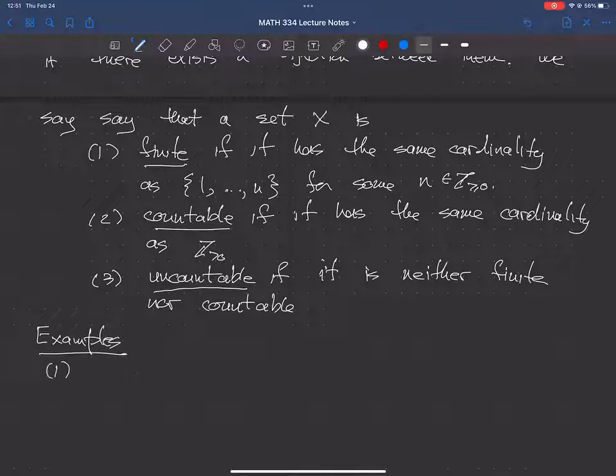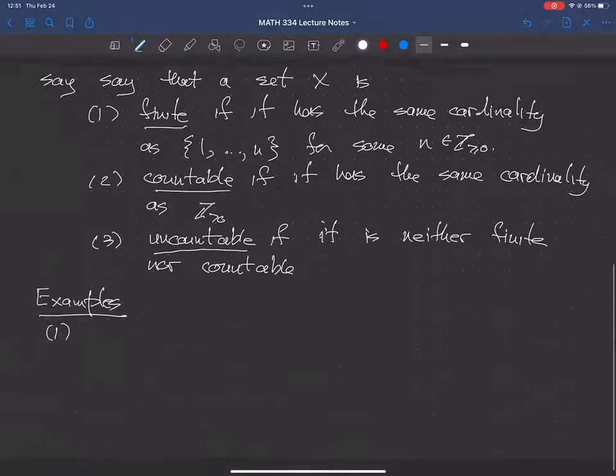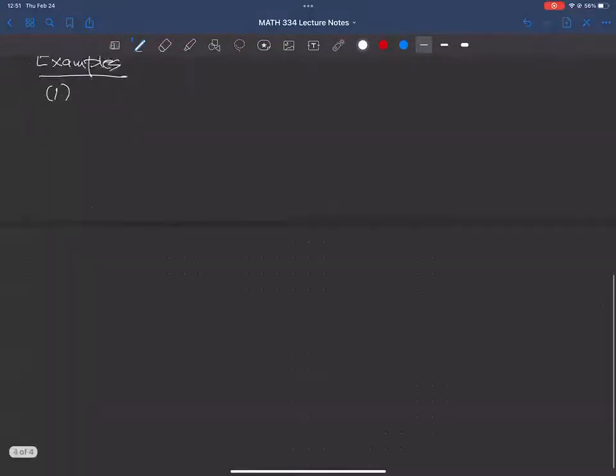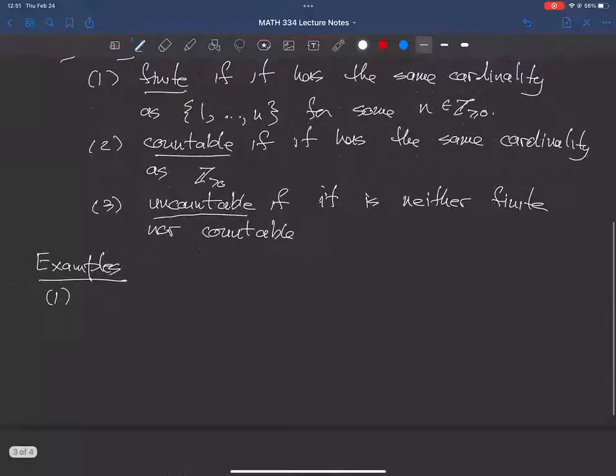And I'm not going to do that here, but I'll just mention where you can sort of Google this stuff. The set of integers is countable. This is more or less obvious,